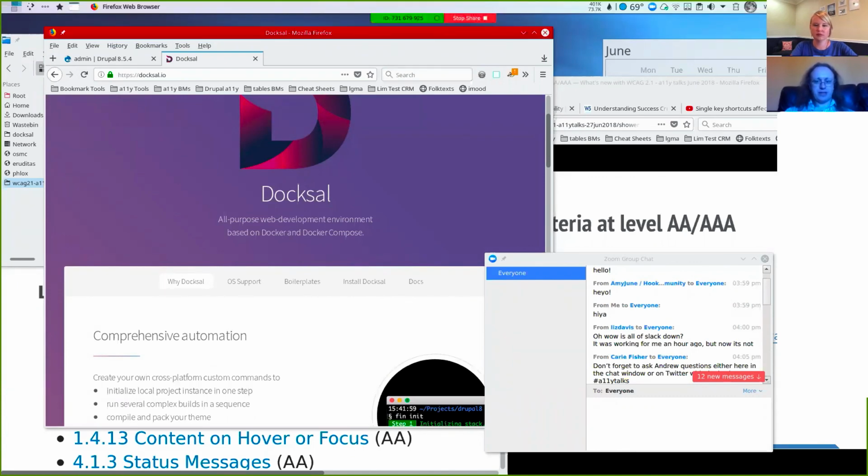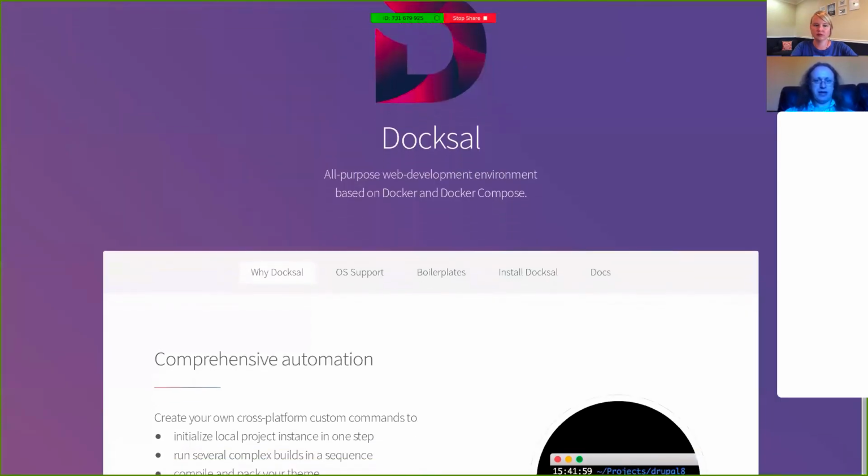The first thing I'm going to direct you to have a look at is this navigation menu. It says WCAG, OS support, boilerplates. One of them is on this grey background, but one has a slightly paler, almost white background. I think that means that's the active current section that you're on.